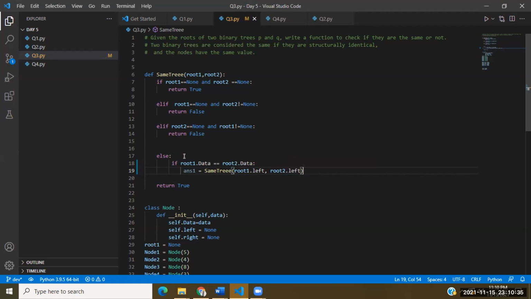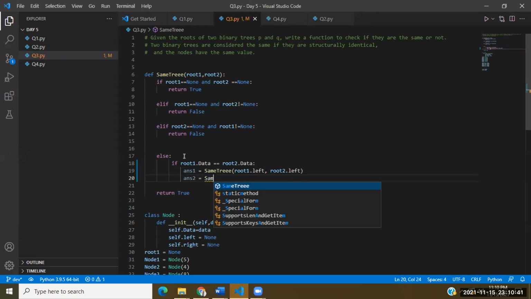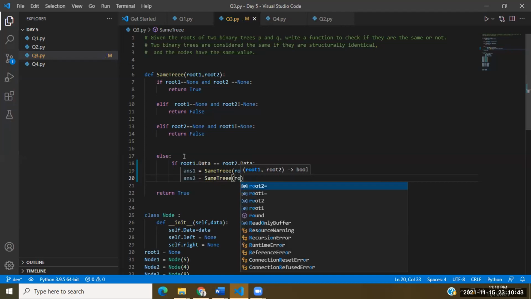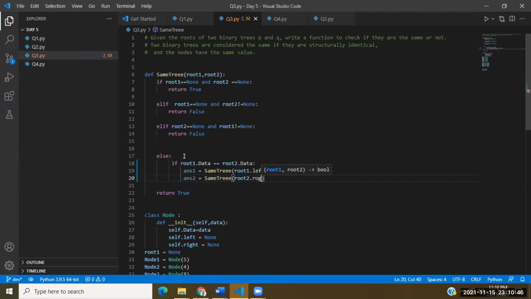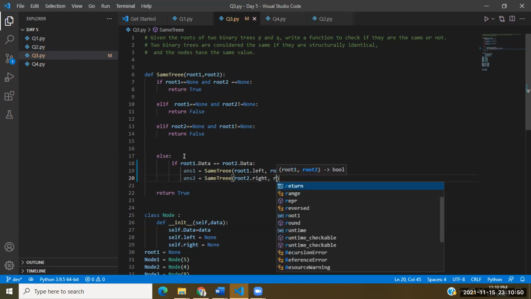Is it true? As well as keep another variable, answer 2. Are the subtrees root 2 dot right and